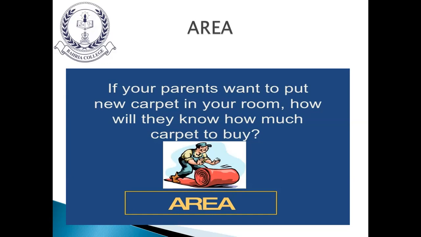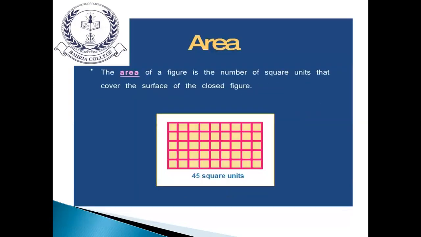They have to measure the length and the width and then multiply length and width, and that is what we are telling you, that it is the total surface covered. It is not only the boundaries. So area of a figure is the number of square units that covers the surface of the closed figure. A very practical, routine example is in front of you, that you can see in your homes: the big squares on the floor, the tiles. So the tiles are the example of square units.